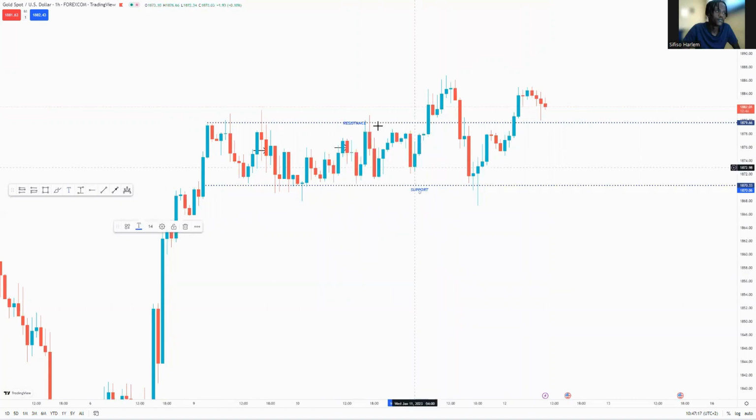We buy on support, we sell on resistance. Those are facts. So once I saw multiple rejections above our resistance, I was 100% sure